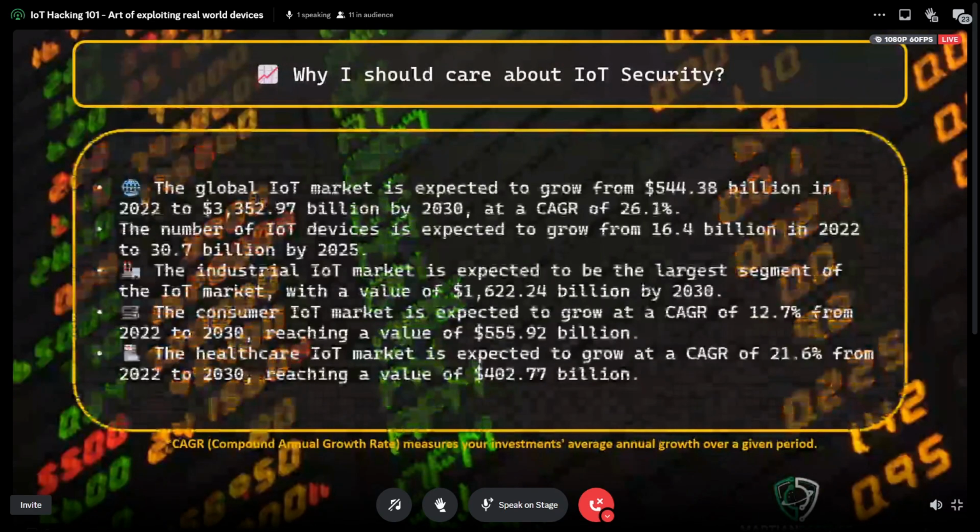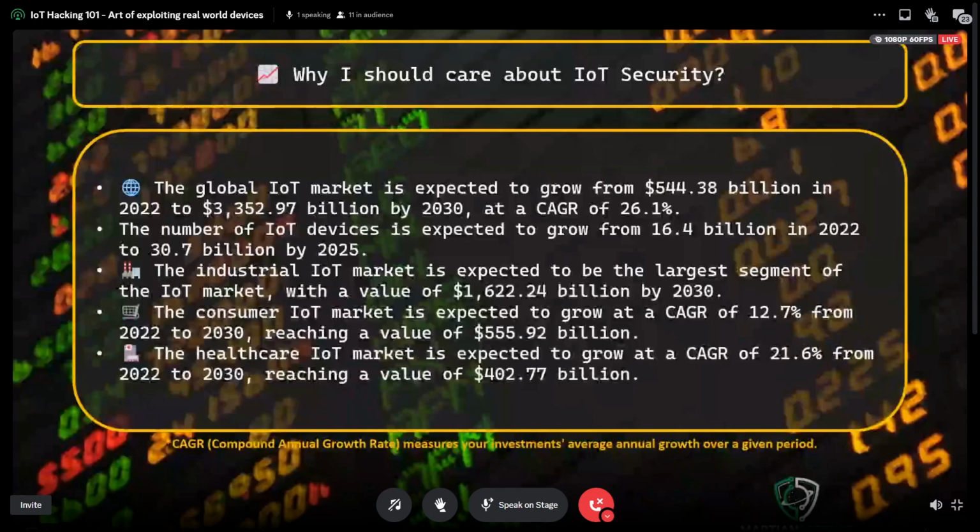You would say, why should I care about IoT security? Let's have some numbers for my working professionals over here who always try to talk about numbers and money. So this is the expected growth of IoT, and it's quite a lot. You can find these numbers off of Google, various sources. The market is expected to grow quite a lot because more and more we are trying to integrate technology with our regular life, so the IoT is going to increase as well, and the demand for it is going to increase as well.